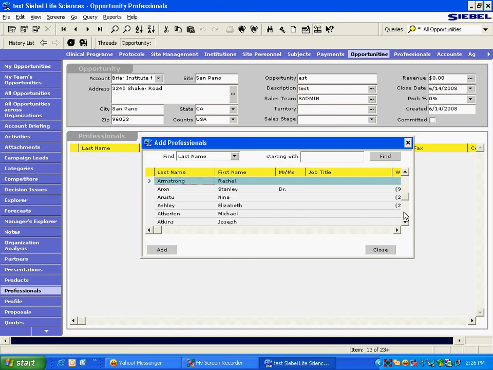The rep can see all the contacts. So the rep should not be able to see all the contacts, but only those contacts which are associated to the parent account, right? Very simply, this is the requirement.